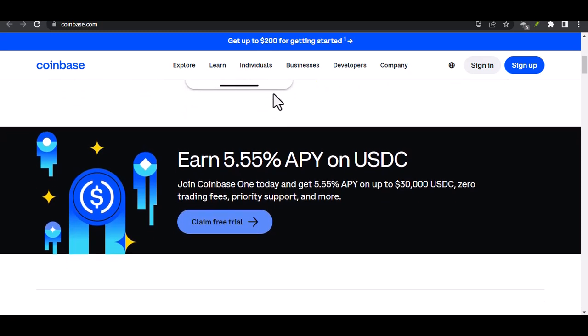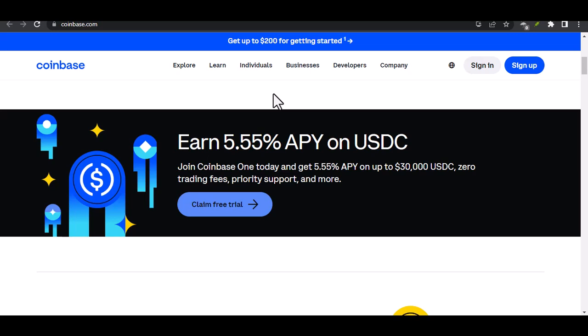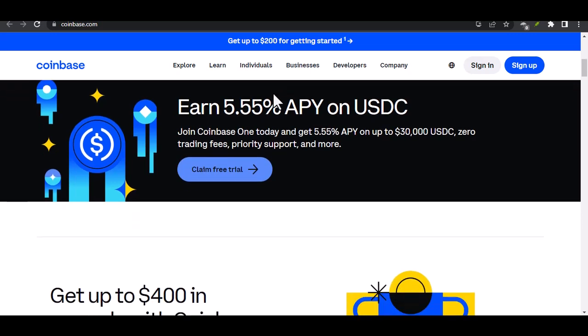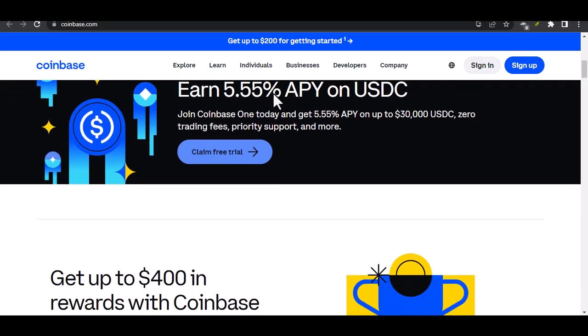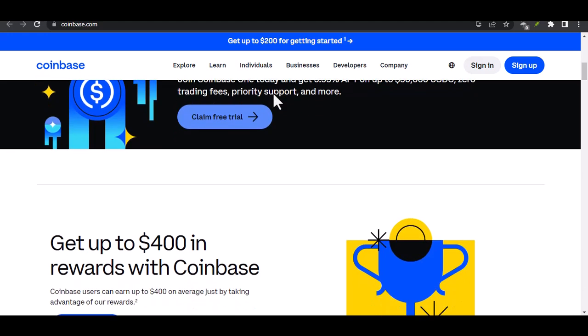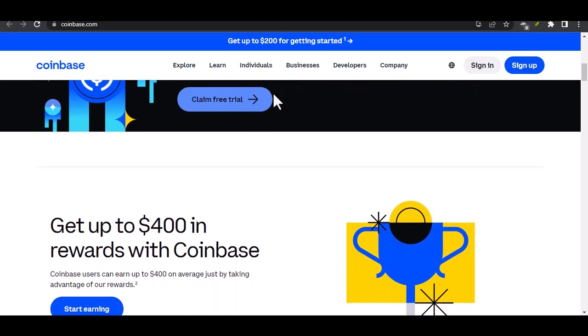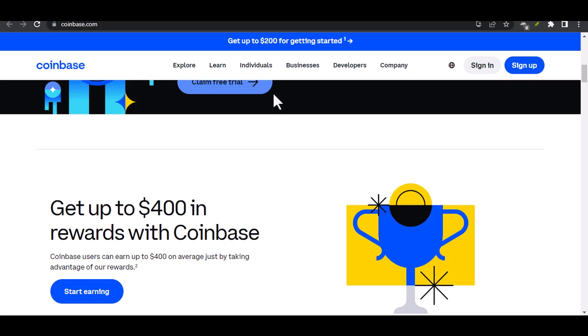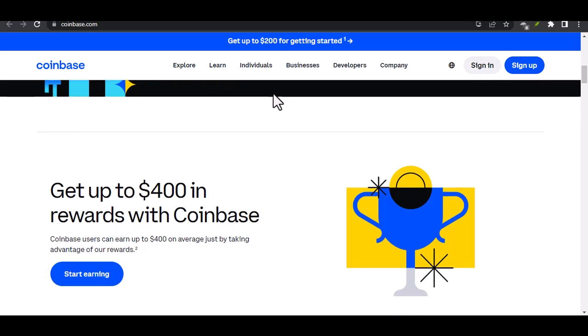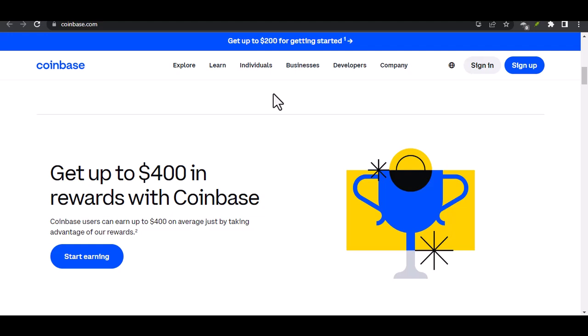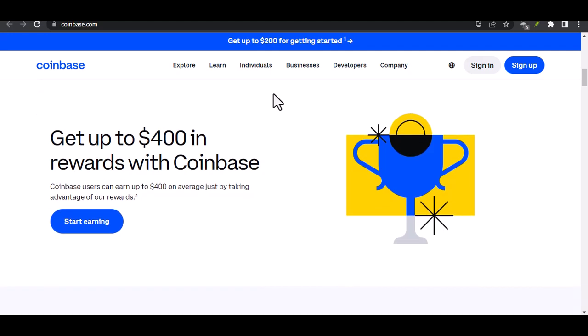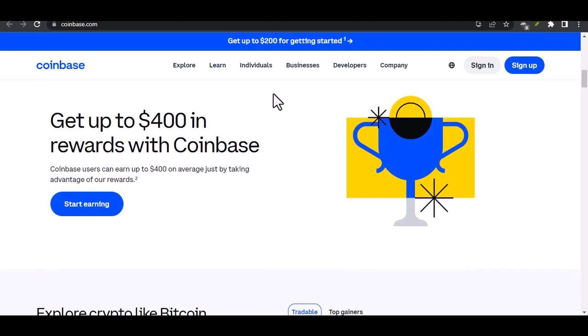Before we get to the main event, let's quickly understand what a Coinbase wallet is and why it's important. Think of it as your digital wallet, a secure place to store your cryptocurrency. It's like a physical wallet, but instead of holding cash and cards, it holds digital assets. Every Coinbase wallet has a unique address. It's a string of characters that look something like this: